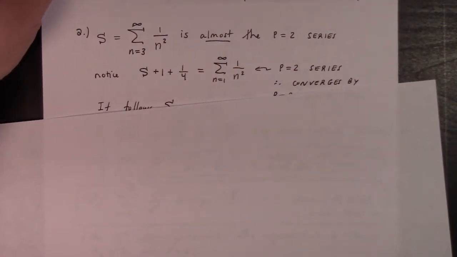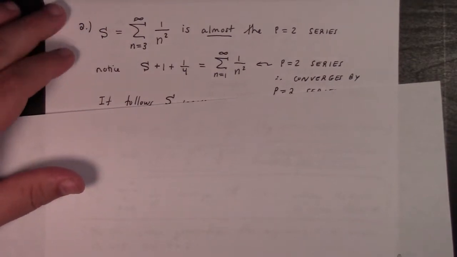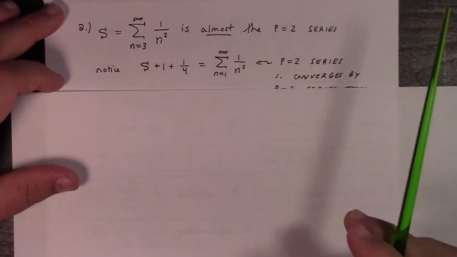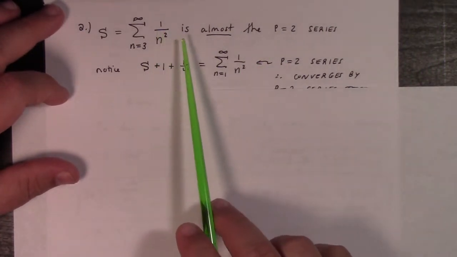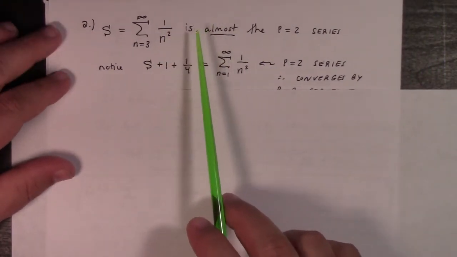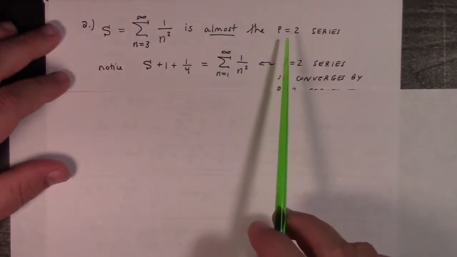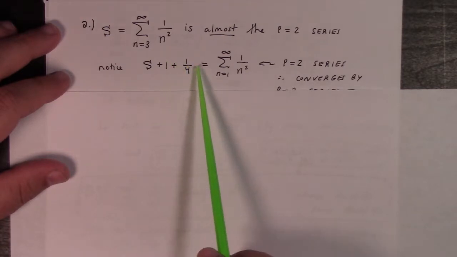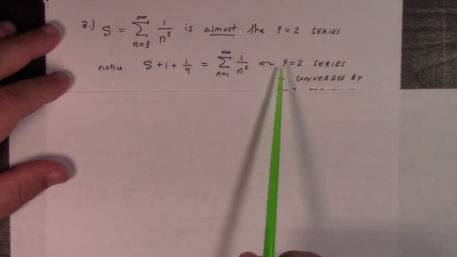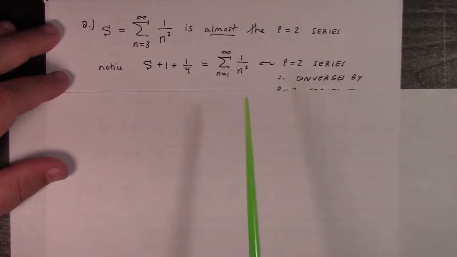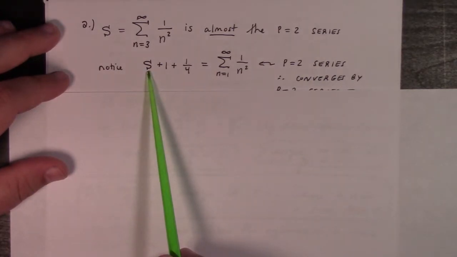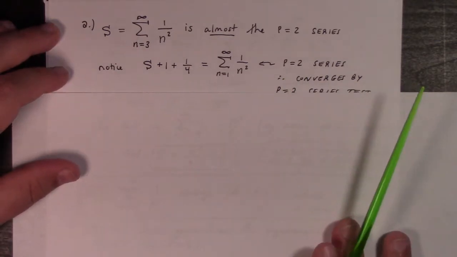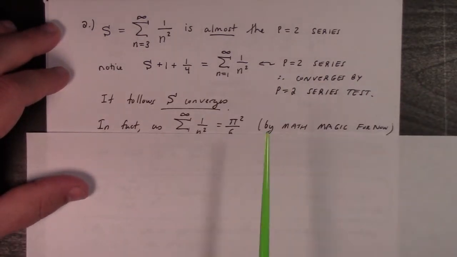p equals 2 series is 1 over n squared. Oh, wait a minute, hold on a second, I wasn't looking carefully enough. This is n equals 3 to infinity. Oh no. That's almost a p equals 2 series, almost. Now if I was to add 1 and a fourth, then I would have the honest to goodness p equals 2 series, which converges, right? So if I have the series I'm after plus 5/4 converges, then you know what? The series converges. So